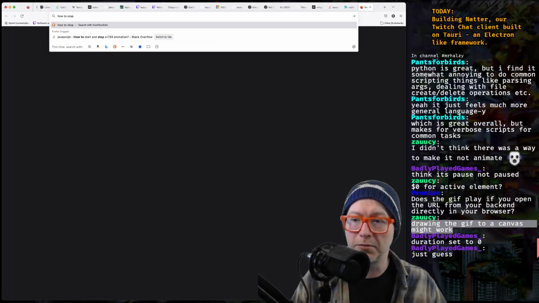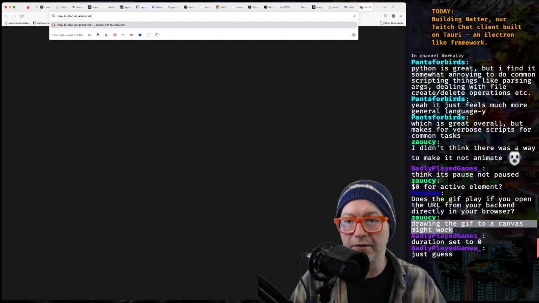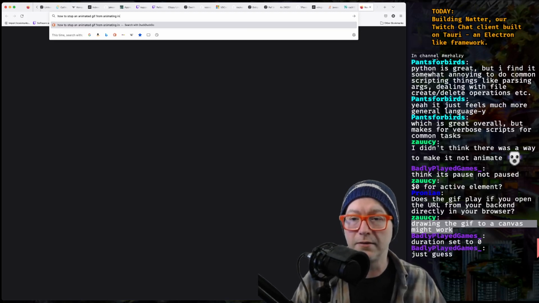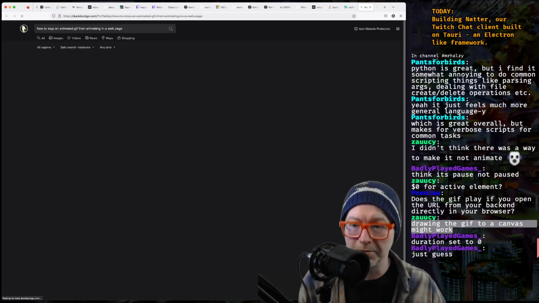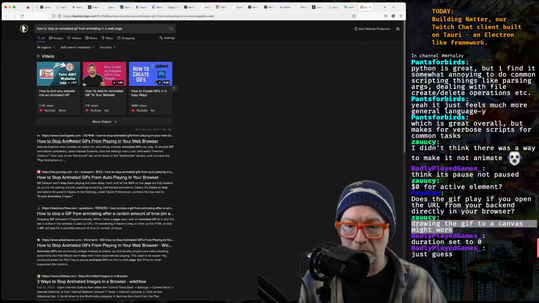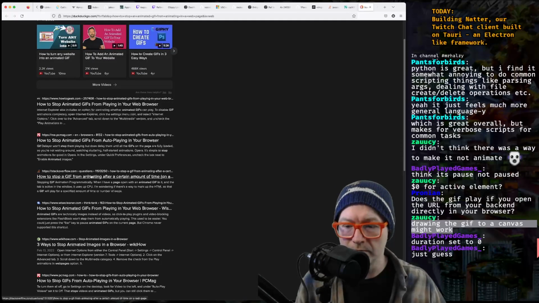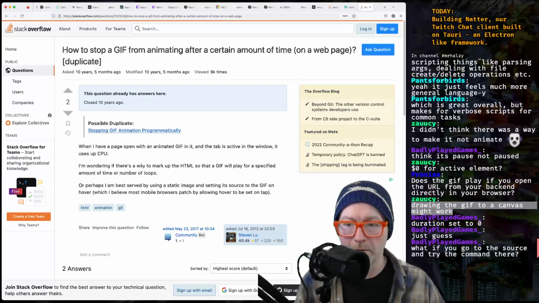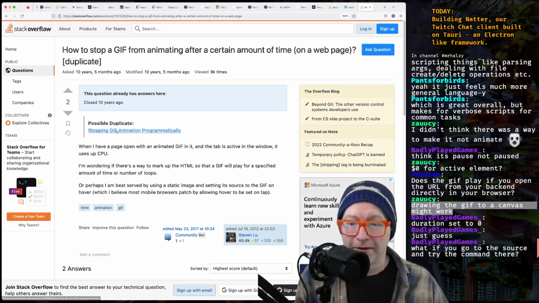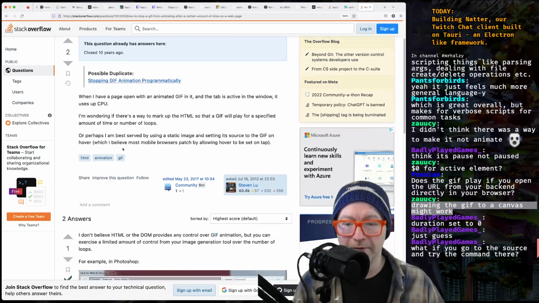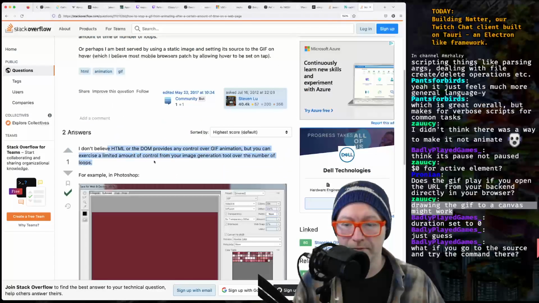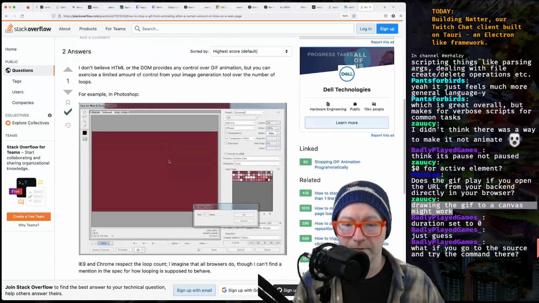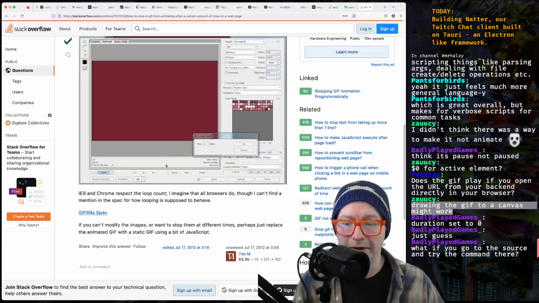How to stop an animated GIF from animating in a web page. Oh, yeah, you can put it in the GIF.